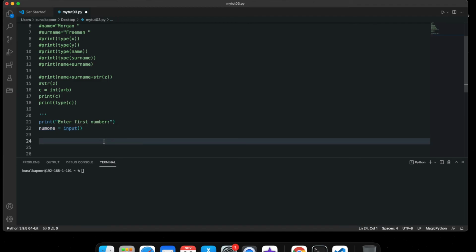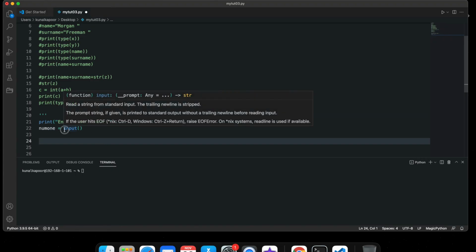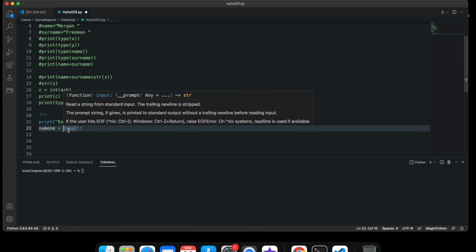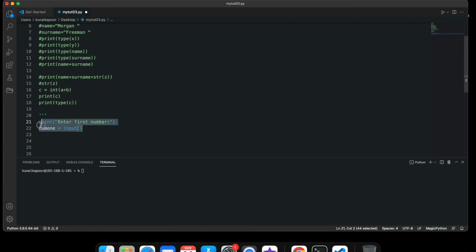So whatever the user is inputting, it's storing the value of that input in num1. However, it is going to be stored as a string, not as an integer. Similarly,